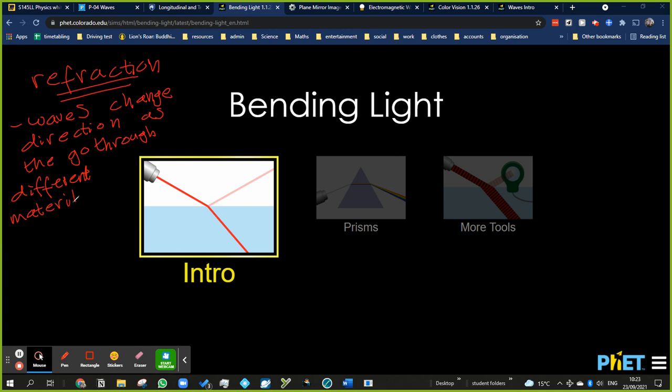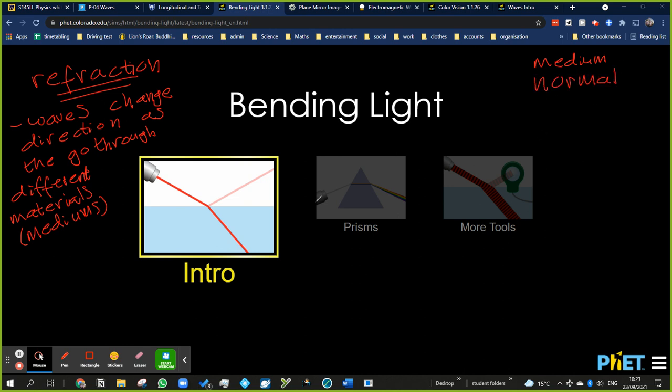And these materials can be called mediums. There are two main words in waves that confuse people. There's the word medium, which is the material that the wave is traveling through, and there's the word normal, which